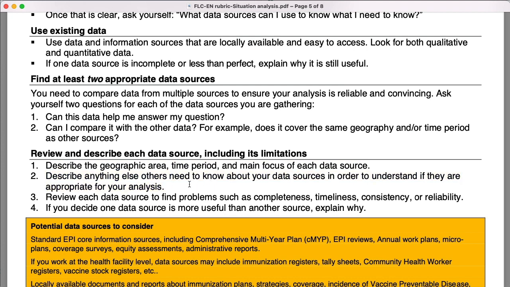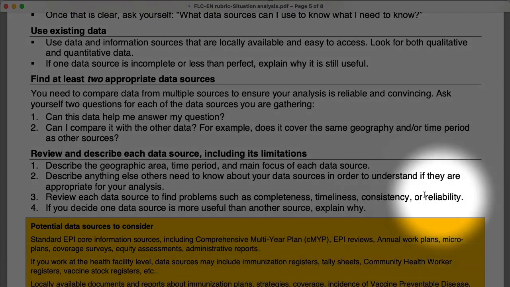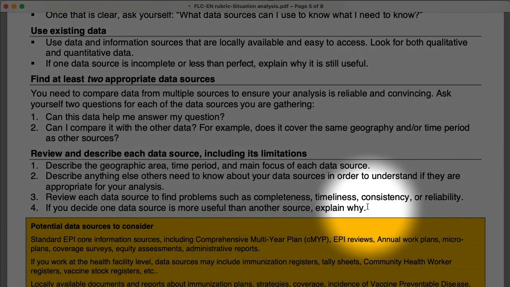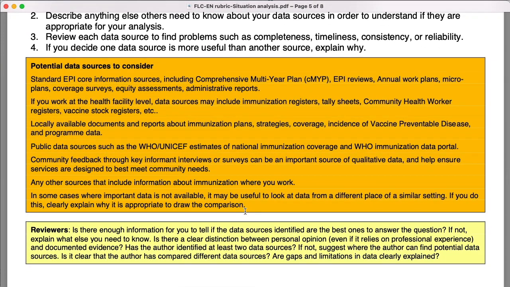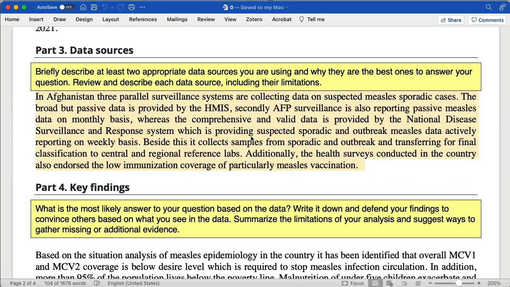Because I'm not from Afghanistan, I would want to know a little bit more about data reliability, like completeness, timeliness, consistency, reliability, and which ones are more likely to be useful. How do they complement each other? And if they can be used in any way for triangulation. So I would say this one